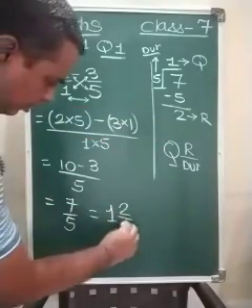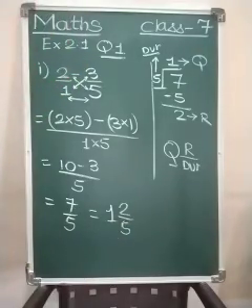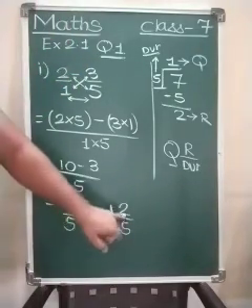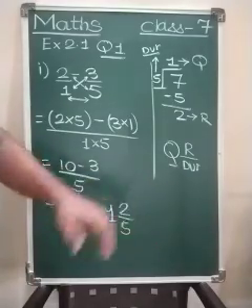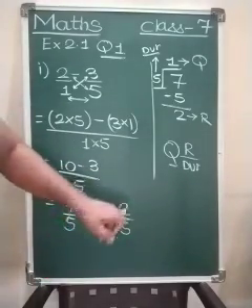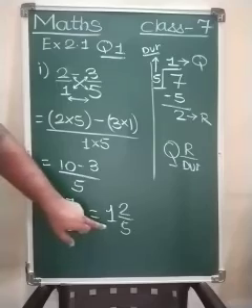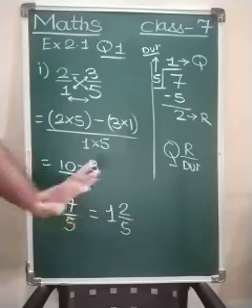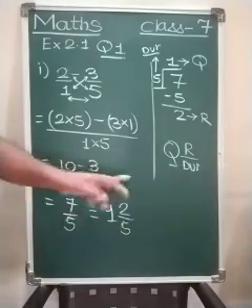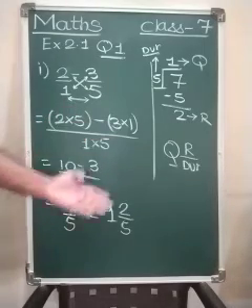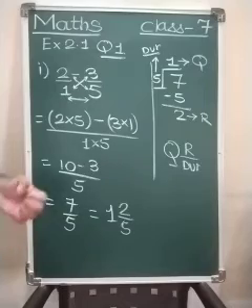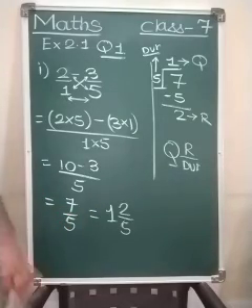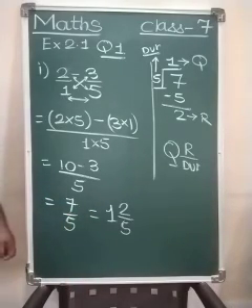2 upon 5. So we call this 1 2 upon 5, or 1 the whole part 2 upon 5, or earlier it was called 1 integer 2 upon 5. But since these are not integers, we call this 1 2 upon 5. So this is how we are going to write it. This is the first sum we have solved. Let us stop here only, and in the next video we are going to solve the other sums of the exercise. Thank you.